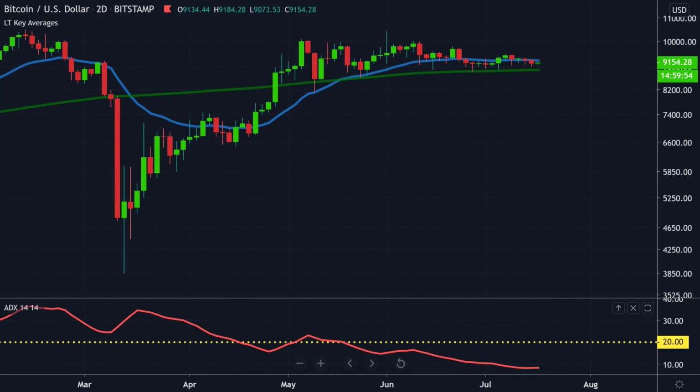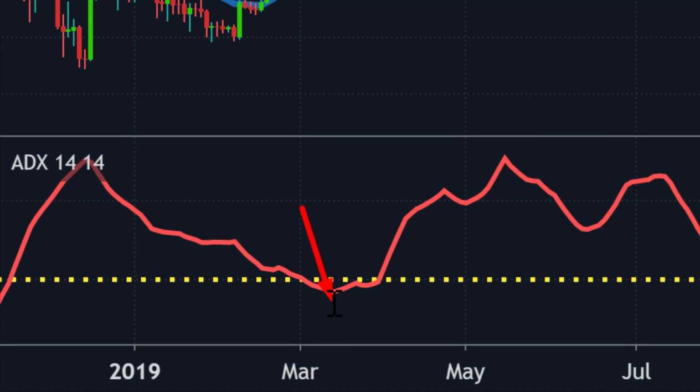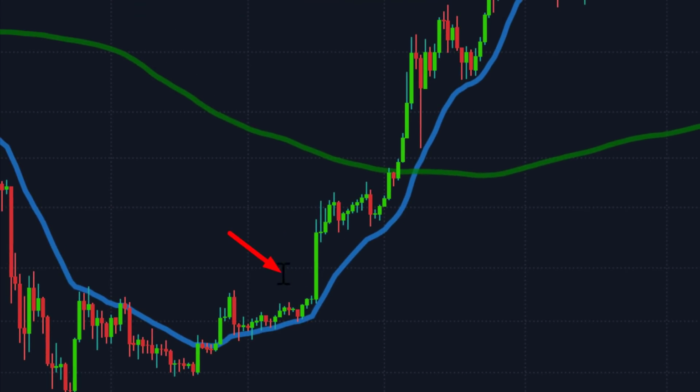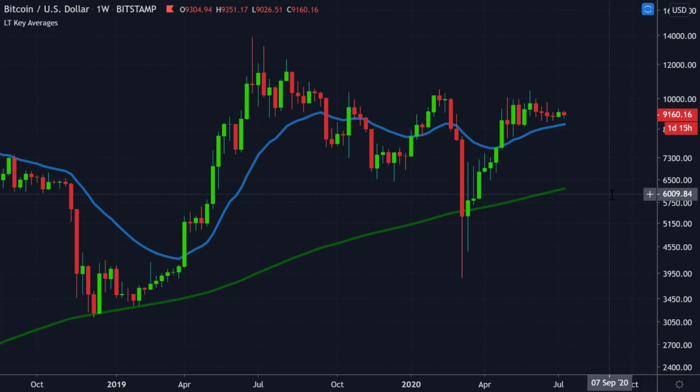So for example, let's just zoom back a little bit. Take a look at what happened in 2019. You see this over here? Back in 2019, look at the ADX. It went below the 20 region here back in March, but then eventually went back above it here. As you can see, I think it was April of 2019, it went above the 20 level, and then you had a nice trending market environment. Okay, you see that? All right, guys, so that's what I got on the chart of Bitcoin.